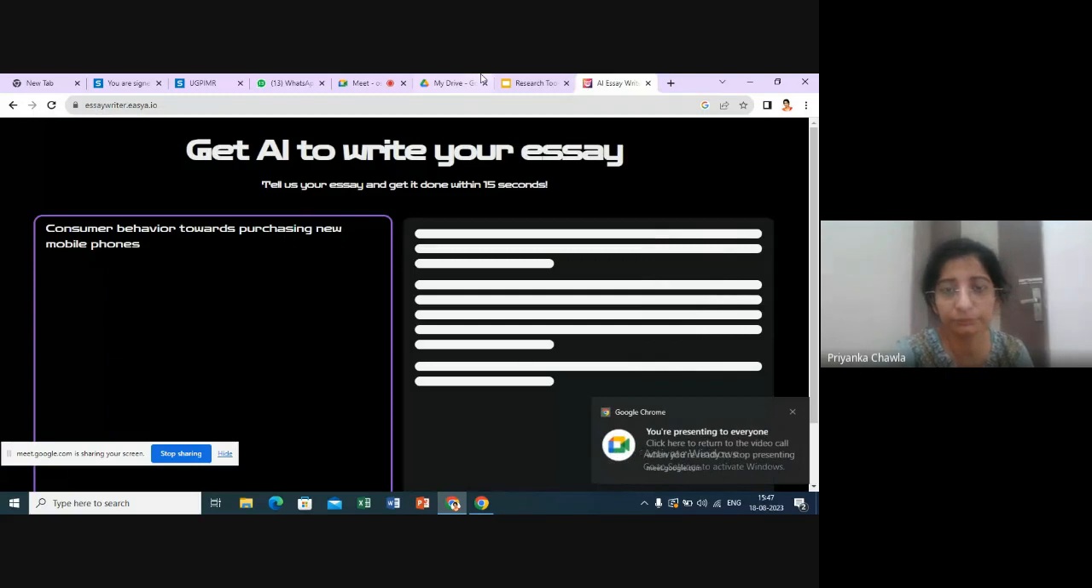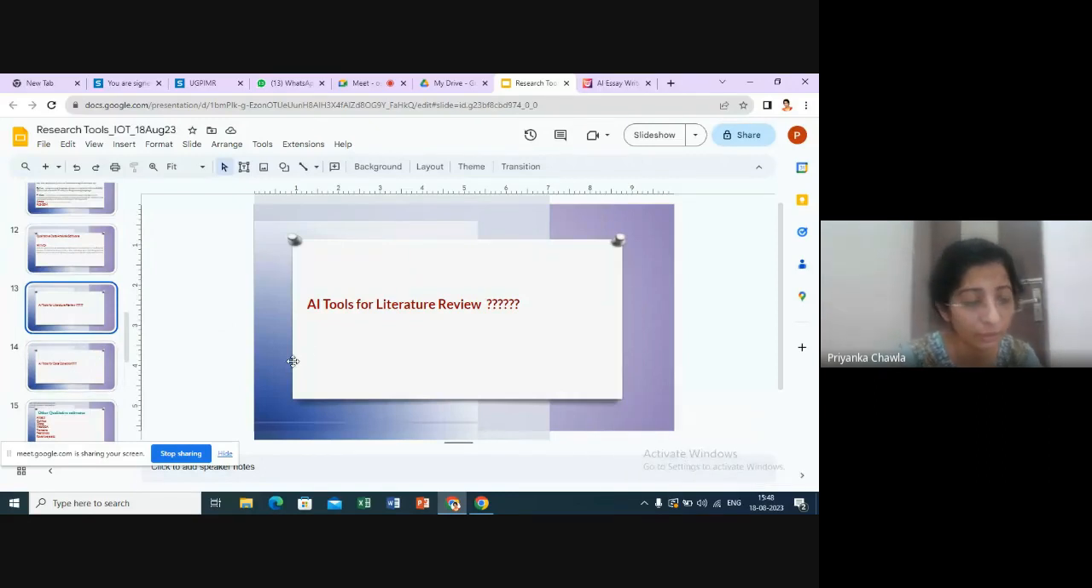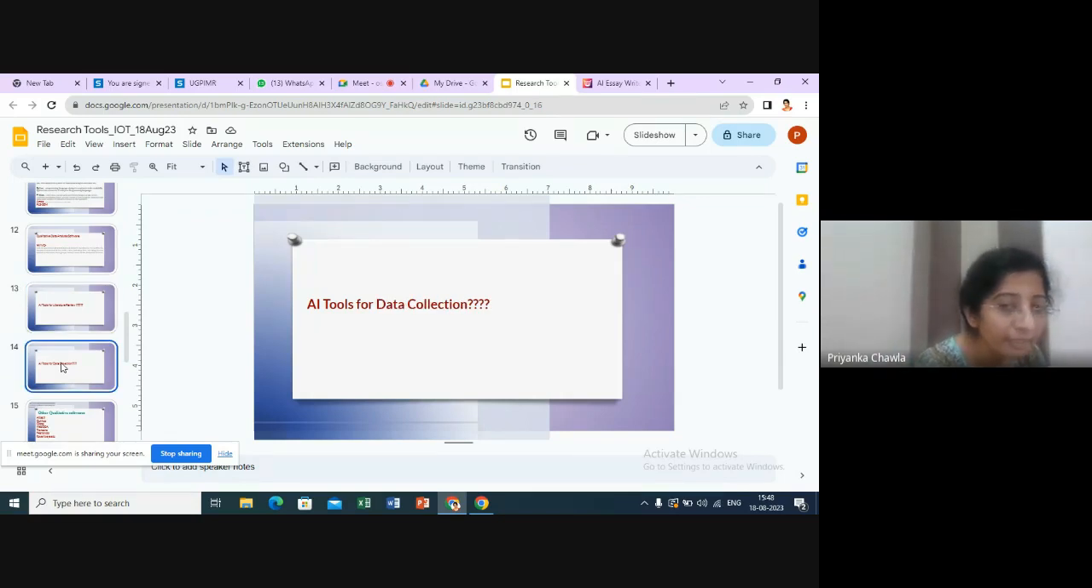Next is, so these tools will help you in your research. Now, what are the AI tools which help in data collection? There are n number of AI tools available for data collection which we are using. Some of them